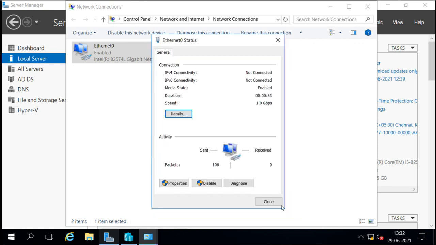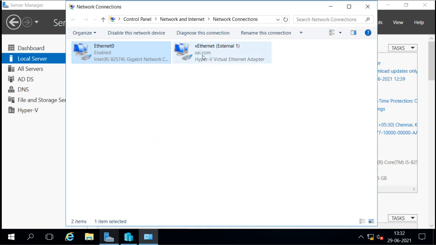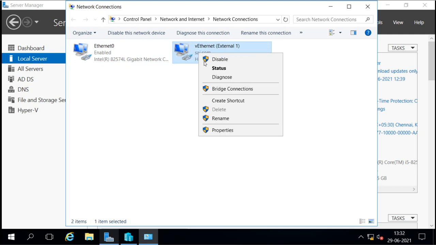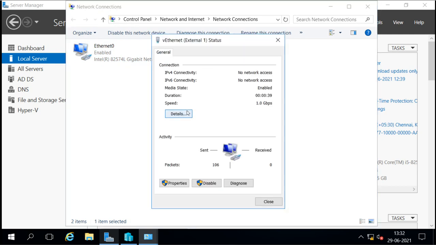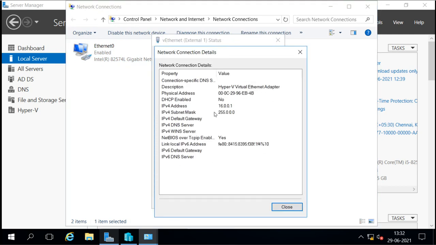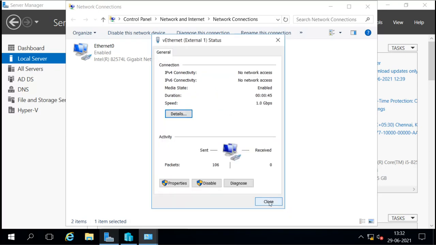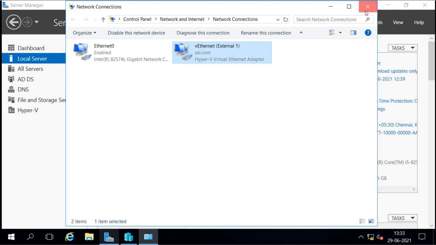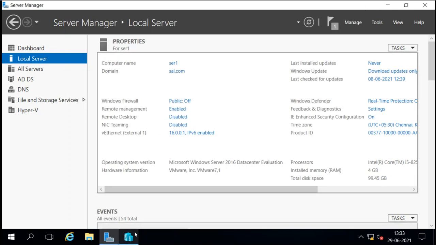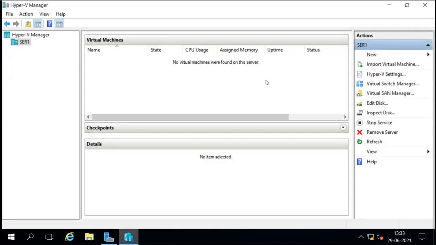Because it has been taken over by this virtual adapter, vEthernet, and that name is External 1, and all the settings are now here. It has been taken over. Now we have already configured the network adapter.